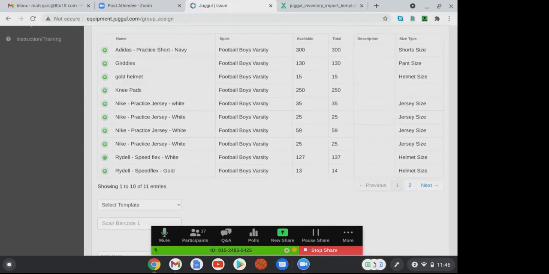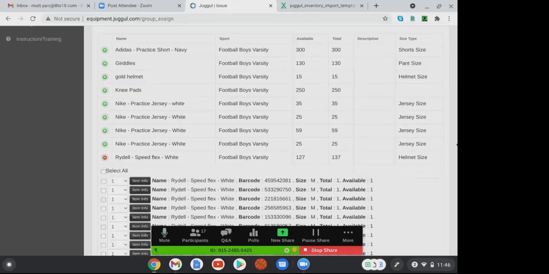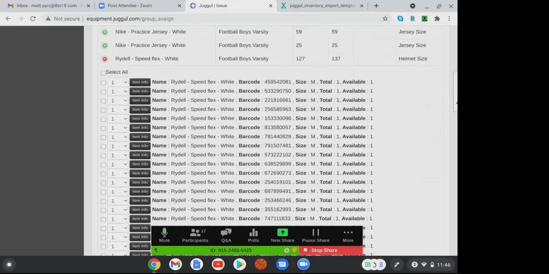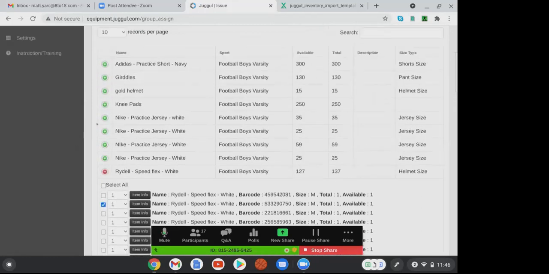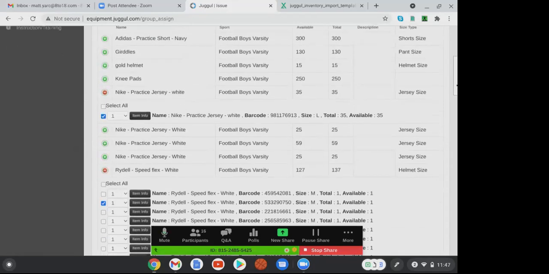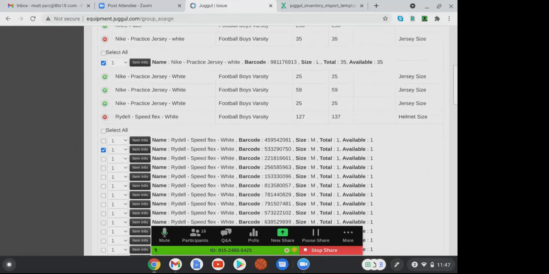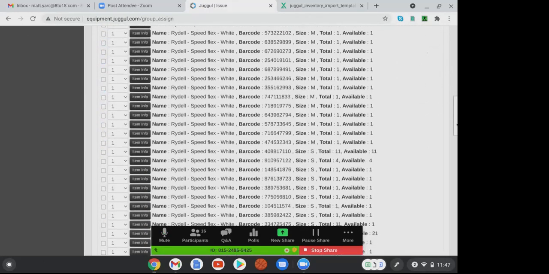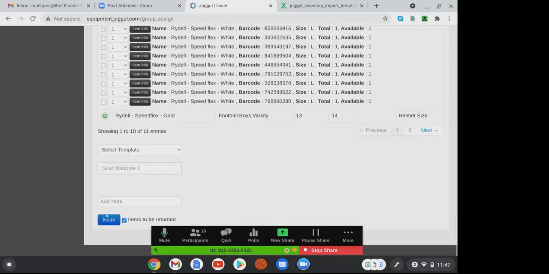So we're going to go in here as an example, and I'm going to get issued a SpeedFlex white helmet. It's this one, let's just say, I'm going to click on that. I'm also going to get issued a Nike practice jersey, out of one of these large ones, and I'm going to get one of those. Whenever you're done adding or issuing all the equipment, you go down to the bottom, and you're going to click